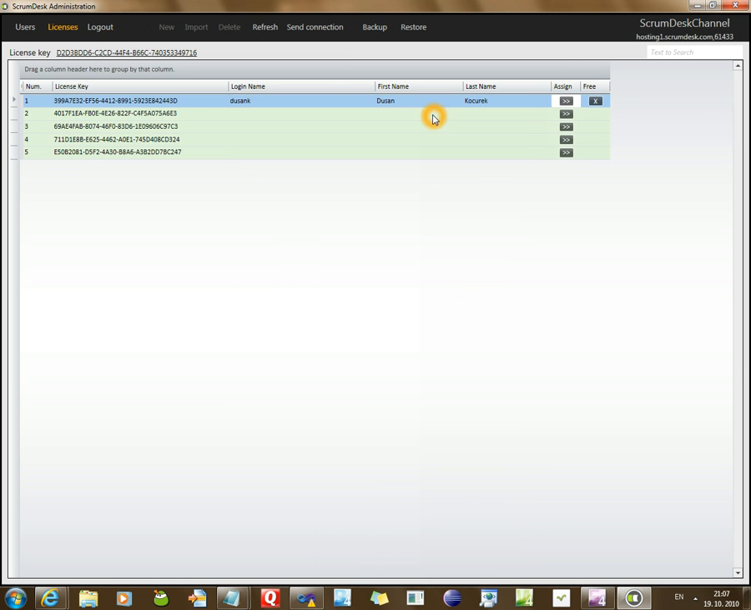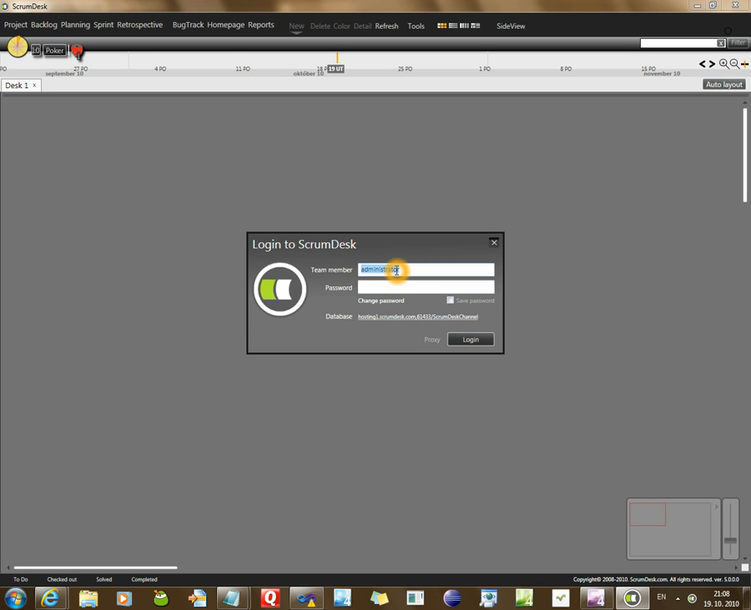This way you can assign licenses to all your team members. ScrumDesk allows you to create licenses and move them across your team members as you need. So this way you can use the concept of floating licenses as well. After creation of team member account and assigning license has been successful, we can now connect to our database as a team member,